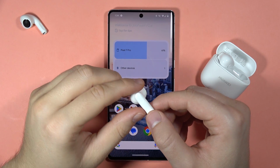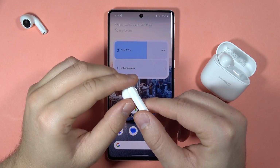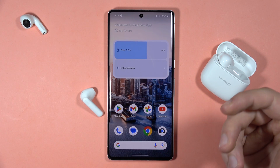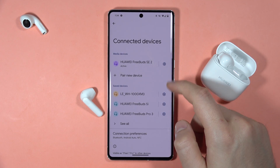Hey, let me show you how you can fix the phone calls issue with your Huawei FreeBuds SE2. So if you cannot make phone calls, you cannot hear anyone, there are two ways to try to fix it. So the first one, you can simply go to the Bluetooth settings on your device, and then when you